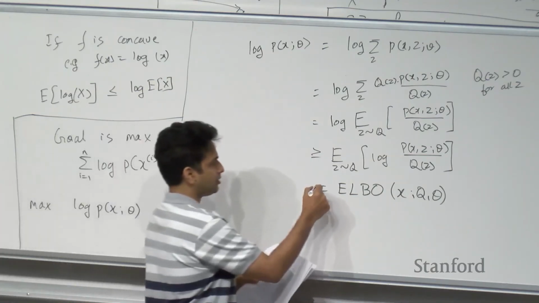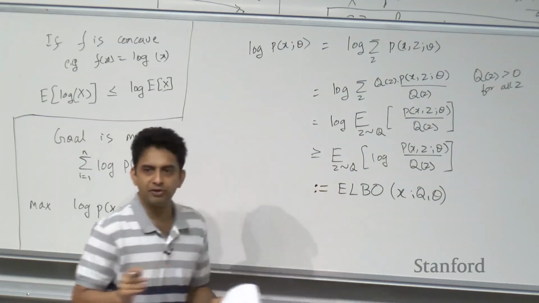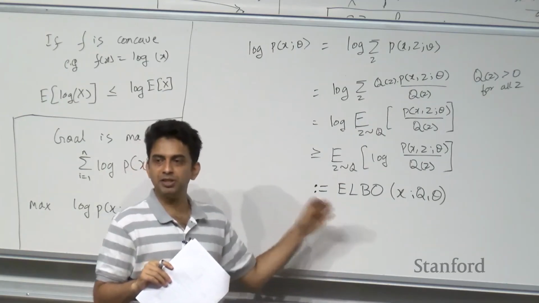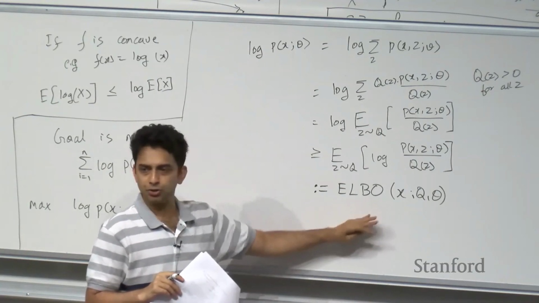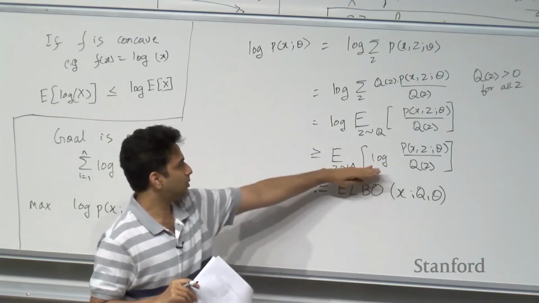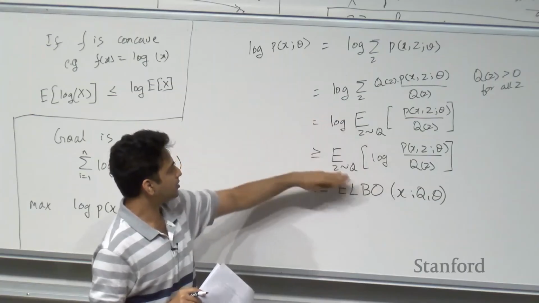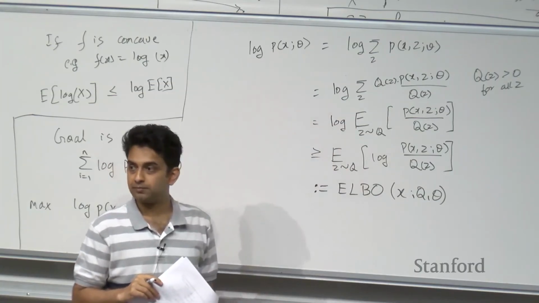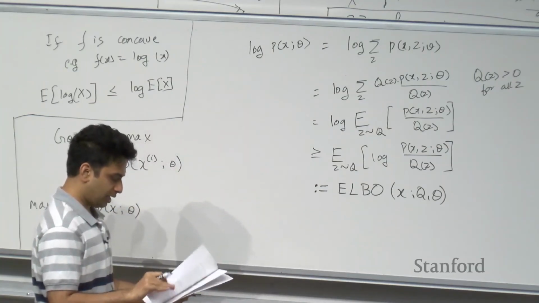So this is the ELBO, and this term is something you will very commonly encounter if you're reading research papers about generative models or deep generative models. This is a widely used term, and ELBO means the lesser side of the Jensen's inequality of log p of x, right? And our goal is to now,